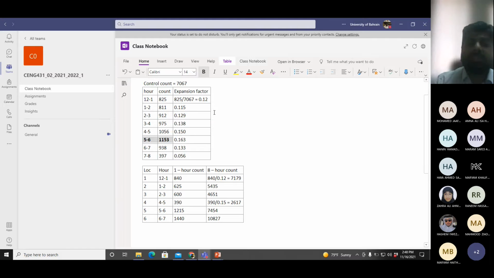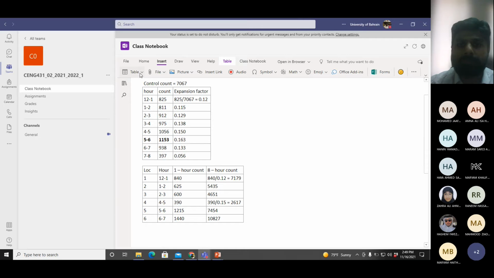Okay. Now, since we said the traffic pattern is the same on all locations, so 5 to 6 is the peak hour for the other locations as well. Location 1, 2, 3, 4, 5, 6, all of them have the peak hour volume between 5 to 6. But for these locations, I don't have the data between 5 to 6. I have the data for a particular hour and I have calculated the total 8 hour now. So for the other locations, I'll calculate the peak hour volume using the total and the proportion of traffic which comes in the peak hour.